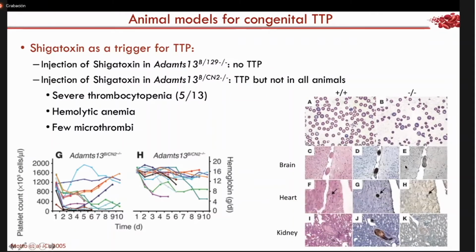They also had microthrombi. There are few, but you find them in different organs, in the brain, the heart, the kidney. And in the middle panel, they stain the microthrombi for VWF. So you see they are rich in VWF. And in the right 3 panels, they stain them for fibrin. And there is no color for fibrin because it should be red. And this is typical for TTP, of course, that you have VWF-rich microthrombi. So Shiga toxin could induce TTP in a subset of mice.